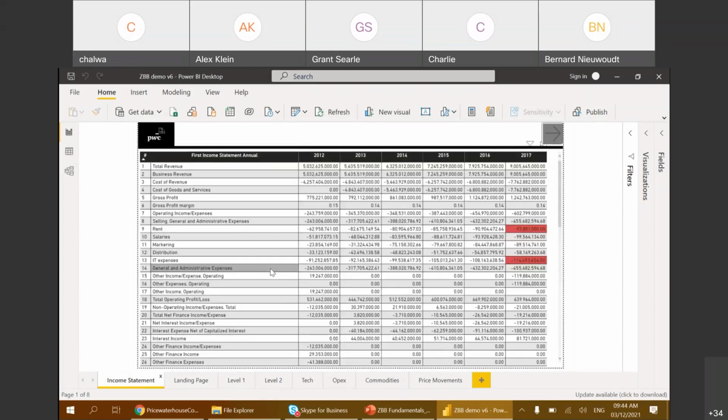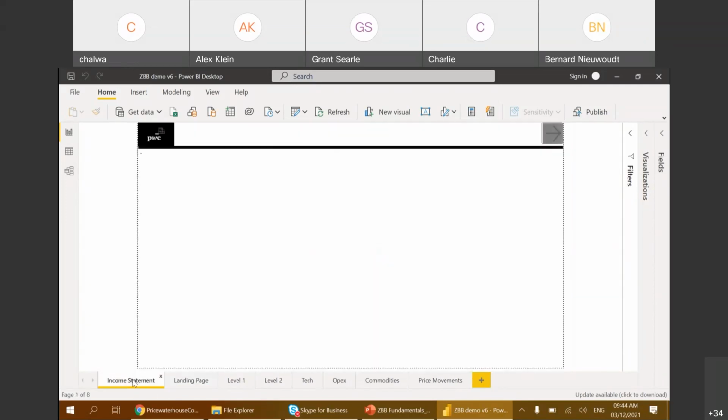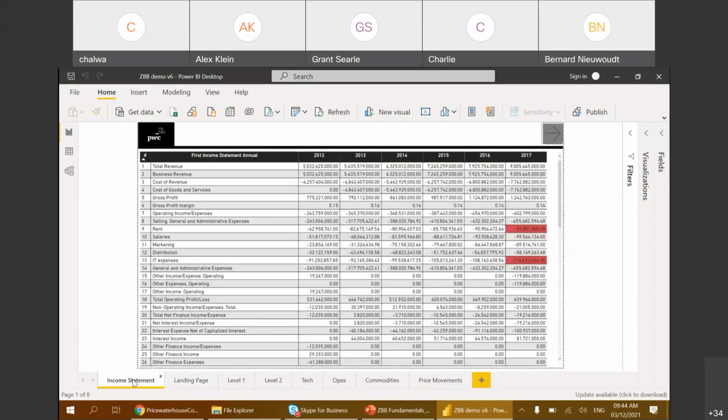While we wait for Bernard to start, I think what's important to note is Bernard mentioned in the beginning that we can think of ZBB as a way of thinking, and it's not necessarily having to have very expensive technologies implemented. We've done an example in Power BI, and we'll show you all of the benefits without having specific expensive technologies implemented to be able to get to a point where we can see the benefit of ZBB. Yeah, exactly. So we want to show that it's much more of a methodology that can be done in something like Excel or Power BI, as opposed to investing in some expensive platform.